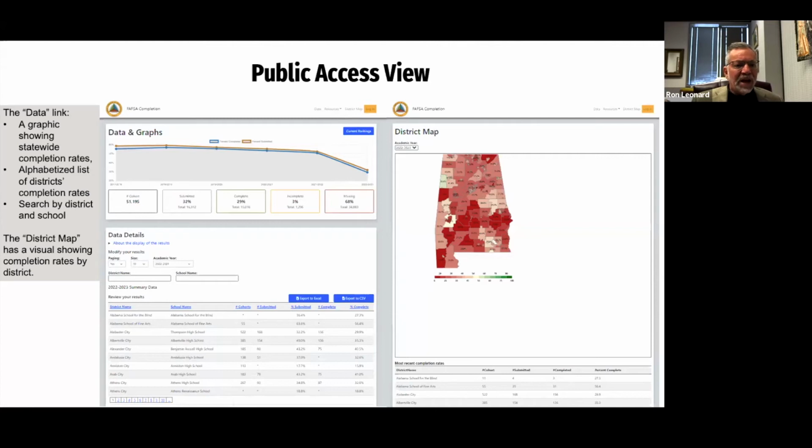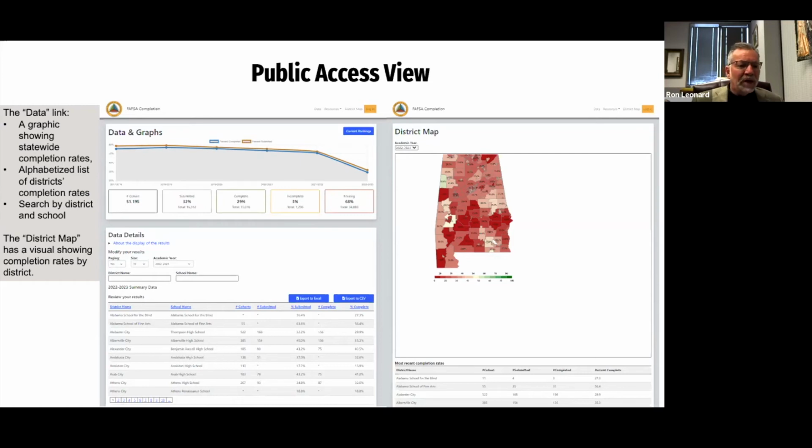If you look down that first screen capture, there's an alphabetized listing of the different school districts in the state. So you can see how many FAFSAs have been submitted, how many have been completed, the percentage, and so forth. There's also the capability on that same page to search.